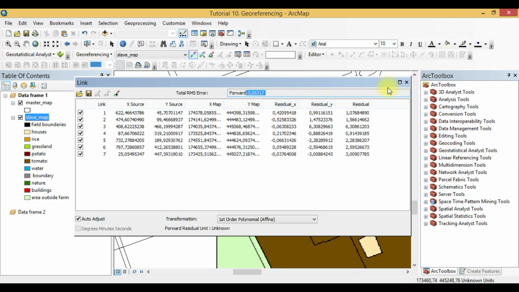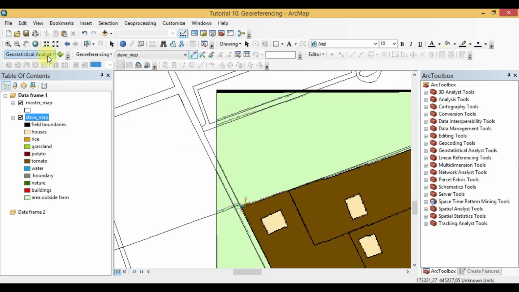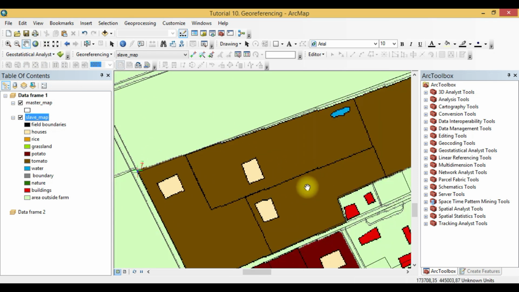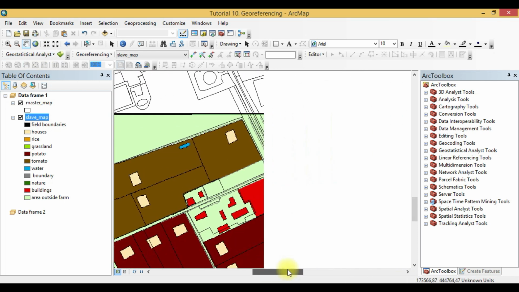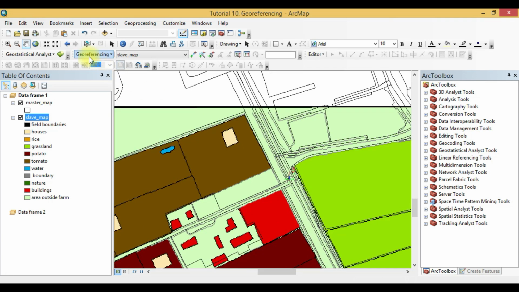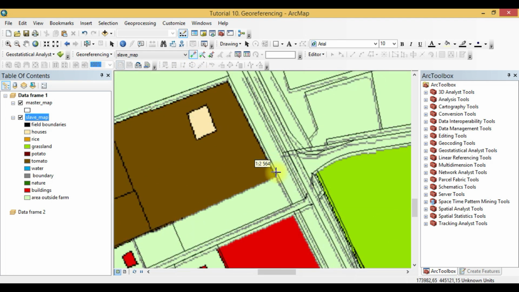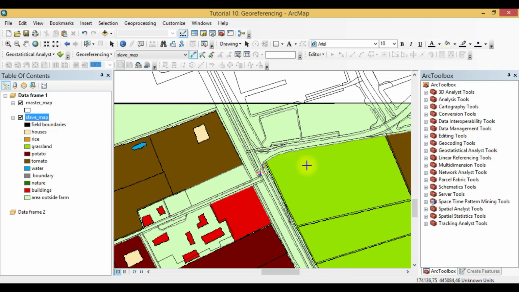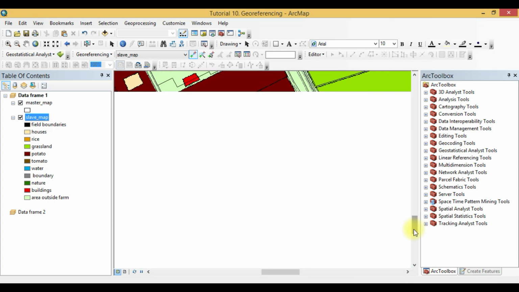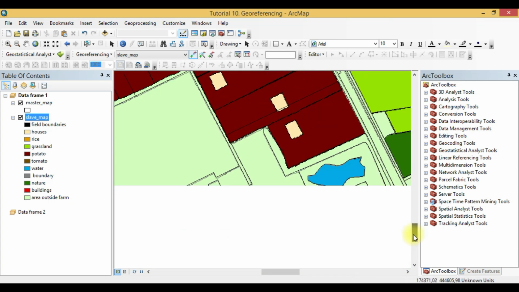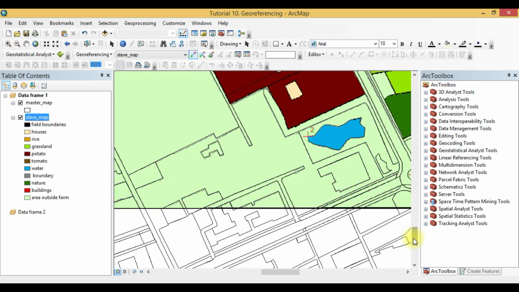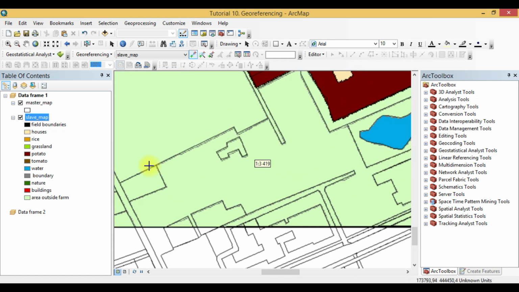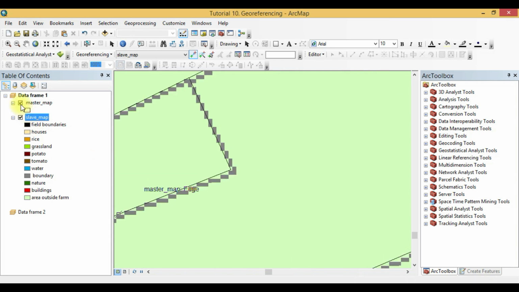Anyway, when you take more control points, for instance 8, 10, you will have higher residuals and a bigger root mean square error. So taking more control points, you always increase your root mean square error. So this one with this place,